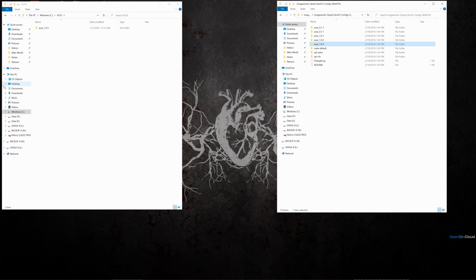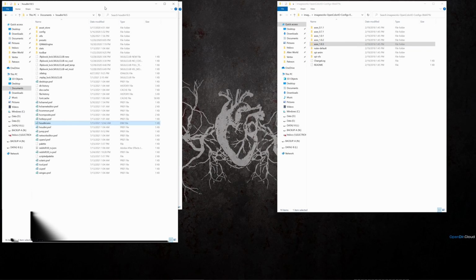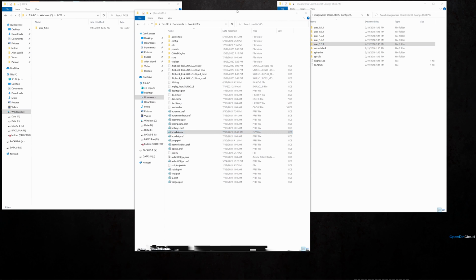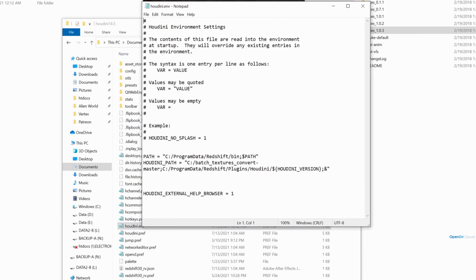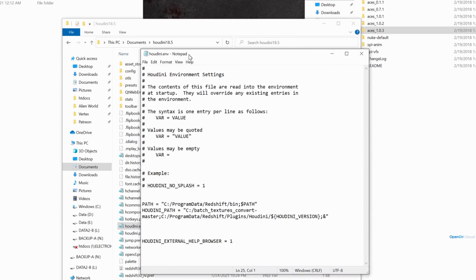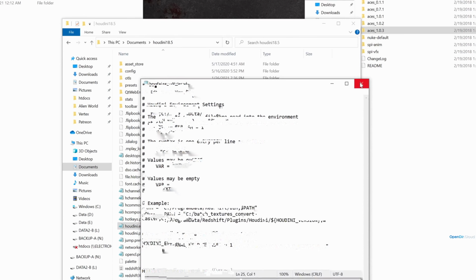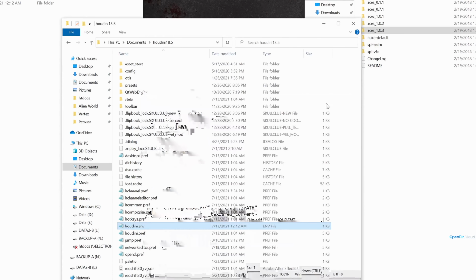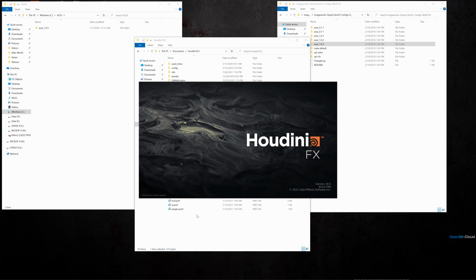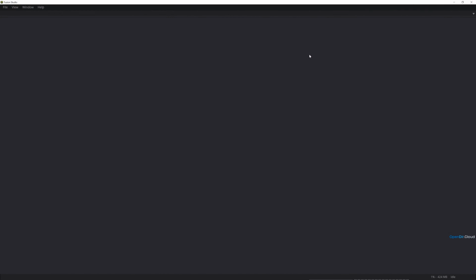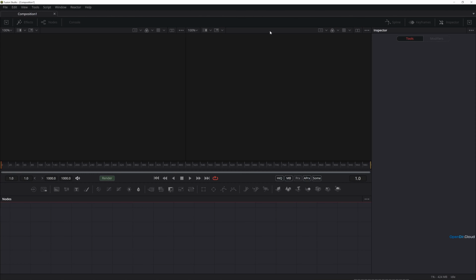And you could also specify this in Houdini's env file. In some setups that you might see online, you'll see people specifying that same exact environment variable in this houdini.env, but that's really not necessary if you've set it at the system level because Houdini will see that. Now I'm going to open up both Houdini and Fusion again, and we can verify that these configurations are loaded